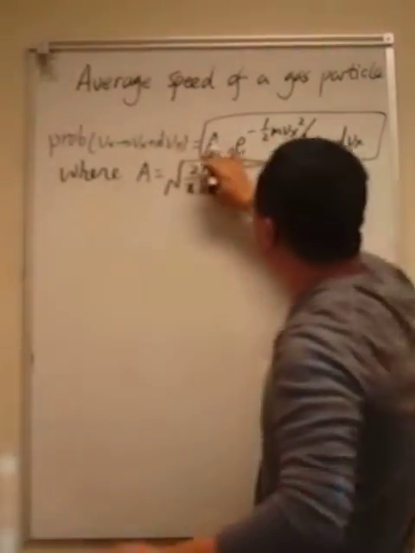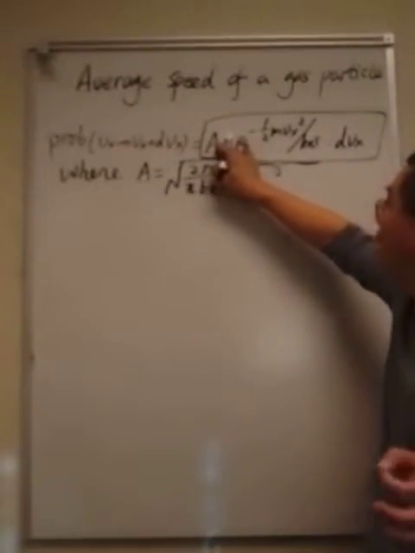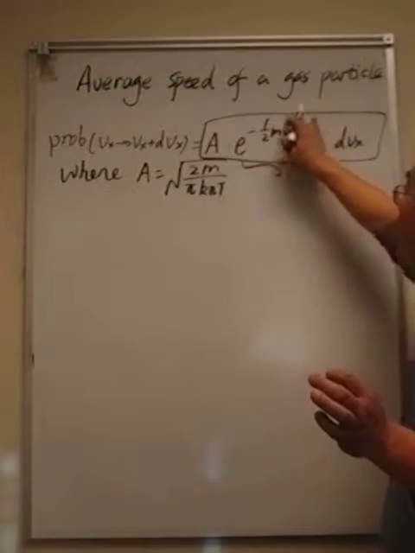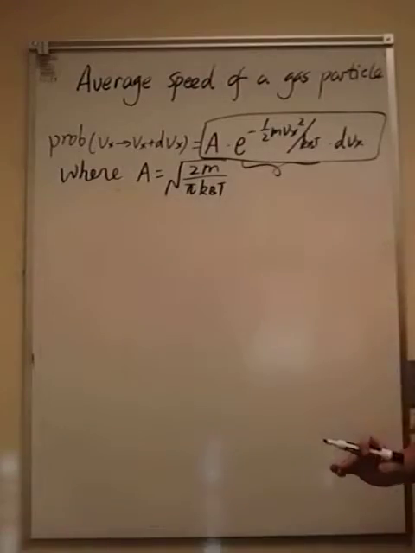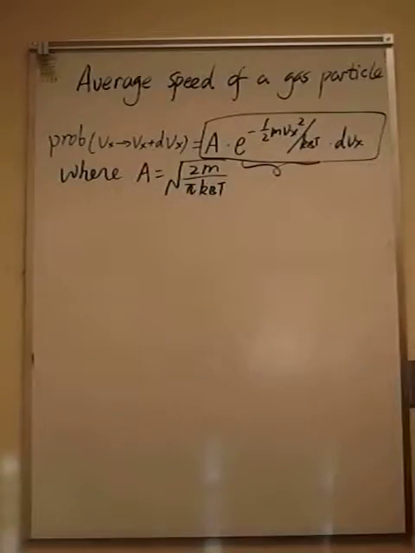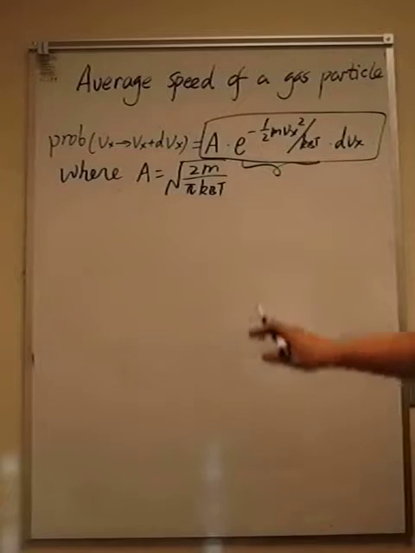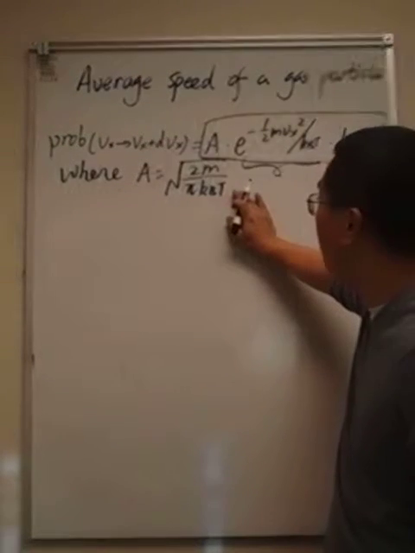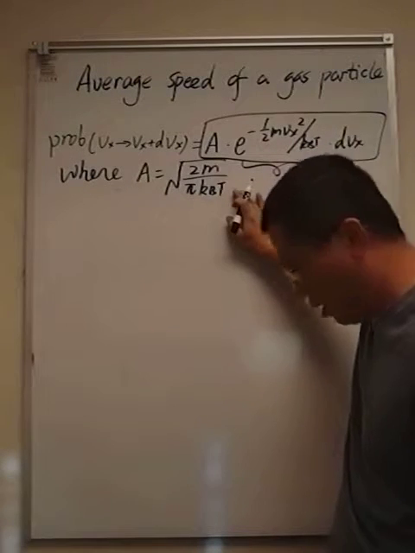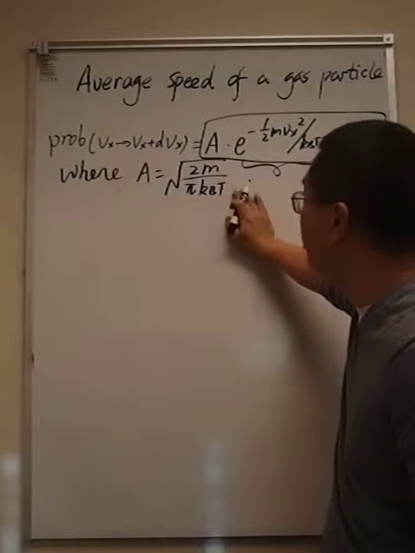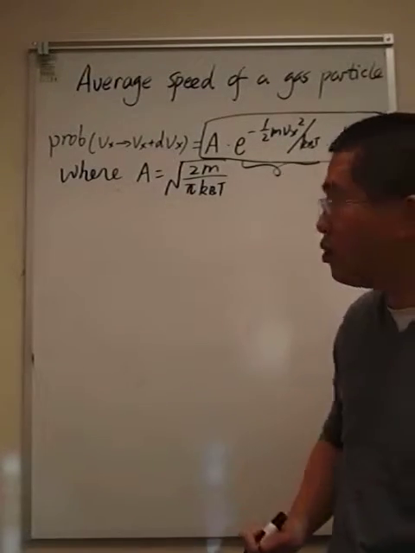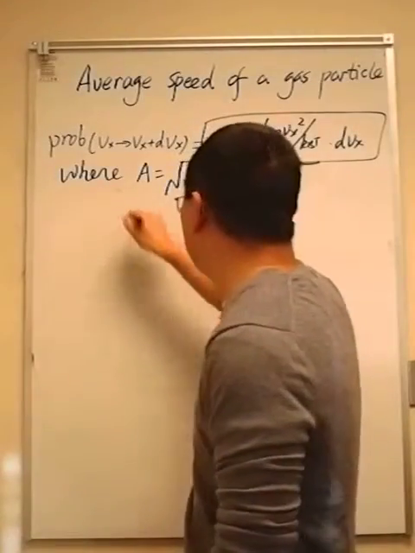This probability is equal to the normalization factor A multiplied by a Gaussian function of Vx times dVx. This normalization factor is equal to the square root of 2m over pi kBT. It's derived in another video on the calculation of the average translation energy. So we're going to use this equation here, and what we're going to do is first visualize